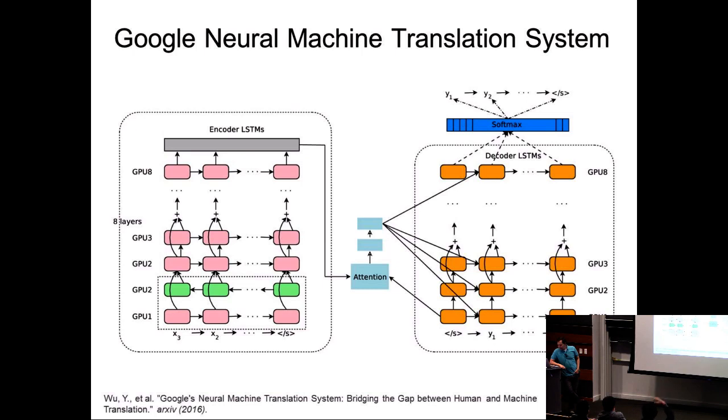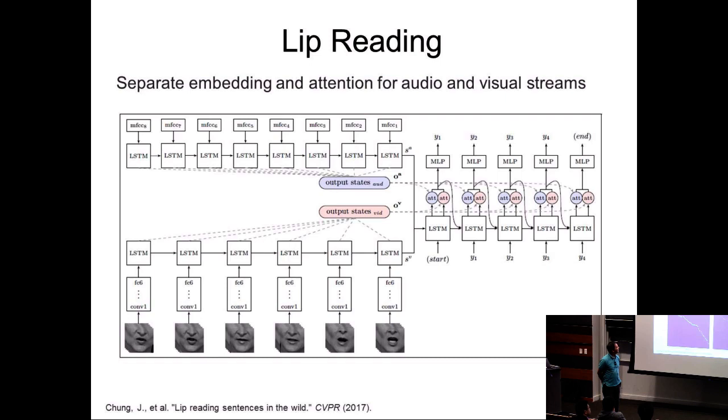The last thing that I want to talk about in terms of applications is the neural machine translation system. And again, question: in the lip reading model, why do they put the NLP just right before predicting the output? Over here?